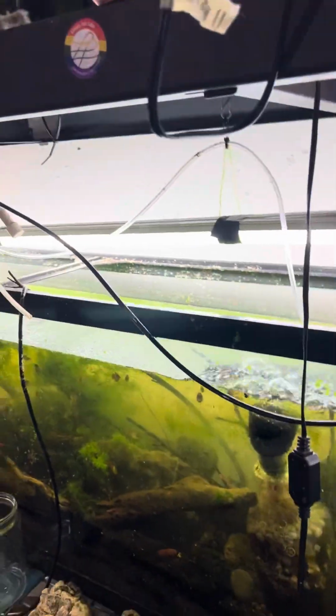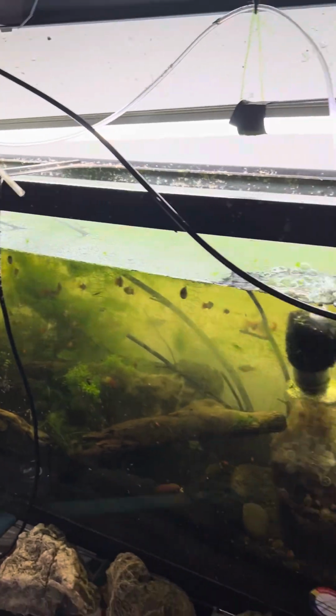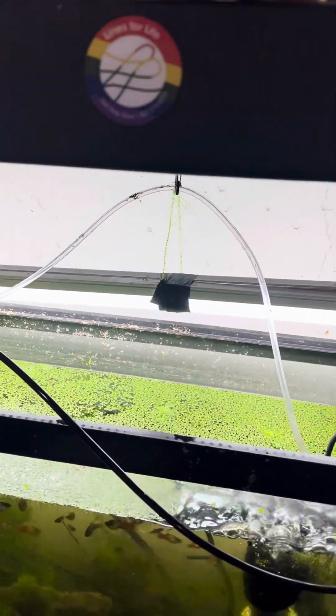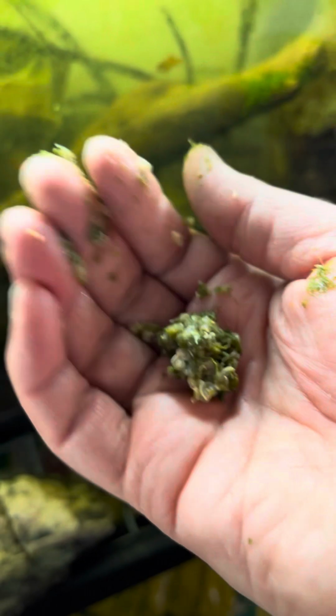Okay, let's check these guys out. So I got some platies. I got my platies because I'm trying to do a crossbreed of some platies and swordtails. Now I've done this a little bit in the past, but not to the extent that I just did, actually blanching it down like I did, but let's go ahead and see what they do. I know this looks gross, but